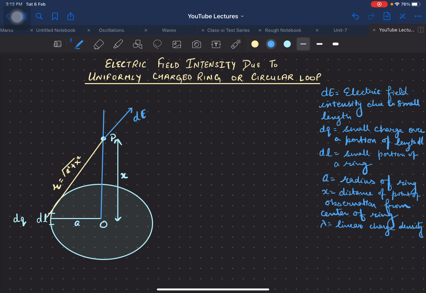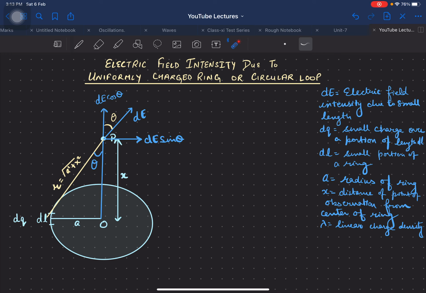Let us say here we have an angle theta. We already know this is a vertically opposite angle, therefore it will also be taken as angle theta. Hence if we divide dE into rectangular components, we will have dE cos theta acting in the upward direction, and the perpendicular component to dE cos theta is dE sin theta, which will lie along this particular direction. So this is all about the diagram, but now I have to consider one more point.